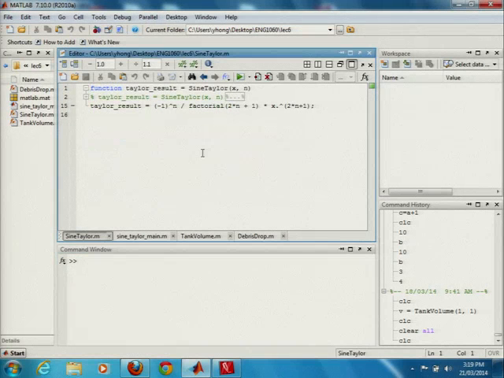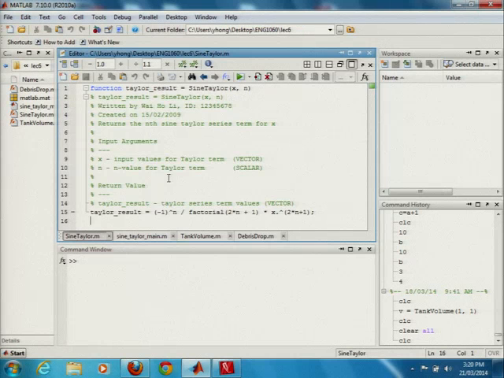So this is exactly the function we're talking about. Return value, sign Taylor is the function name with the input arguments. And in between, like I introduced last lecture, the good programming skill: you should make documentation. That documentation normally is author, dates, and what it is about. And for a function, you can even give more detail about what the input argument is, what the return value is,